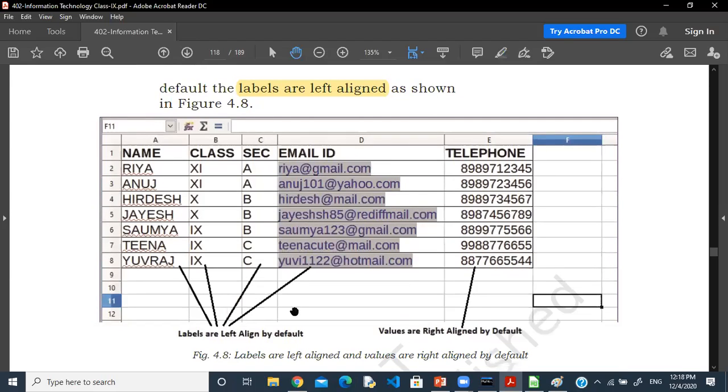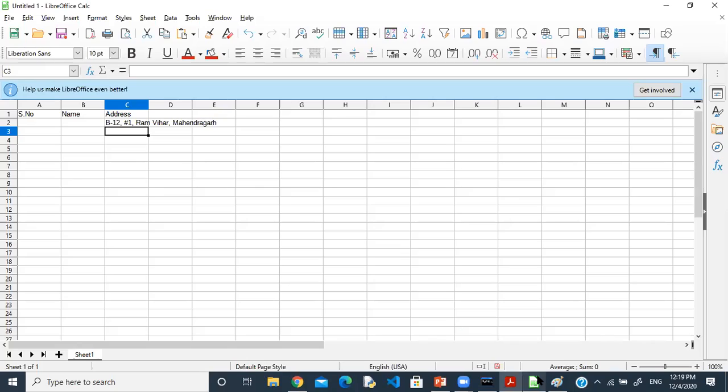As you see here, these all are labels because these all are strings, these all are text, some special symbols, characters, and everything mixed here. But look at the telephone number. If you observe it properly, nothing is a special symbol, only digits are written, in numeric form. And one more thing: if you write a number, it is by default right aligned, but if you write a string, it is by default left aligned.